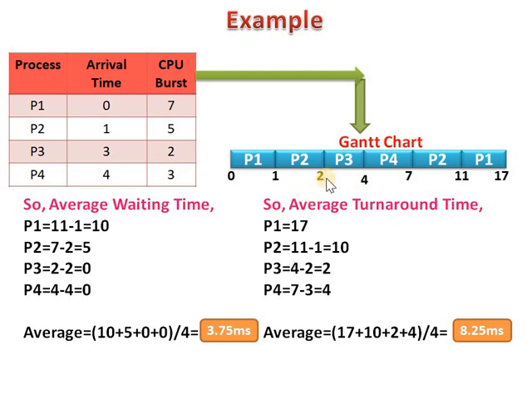So here P3 process execution is completely done. Then after that it checks the next shortest time. What is the next shortest time for the process, which is the shorter one? Process P4 execution time is shorter than P1 and P2. So here process P4 is executed first. After that CPU checks the next shortest execution time.